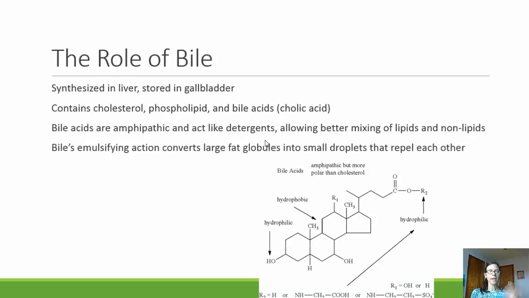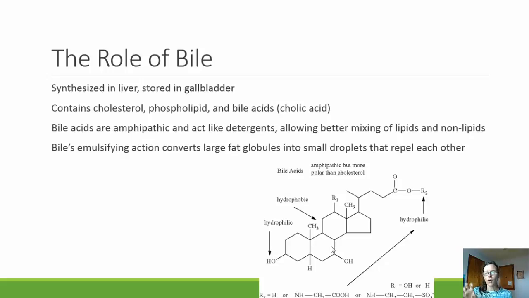Okay, so I think we all know about bile, but let's just do a quick review. At one end of each bile acid, there's a side chain of an amino acid. That's what this R is indicating, this amino acid. And that part is attracted to water. And then at the other end is this sterol group, and that's attracted to fat. So in that way, this bile can emulsify fats, not break them up, but emulsify them within a hydrophilic